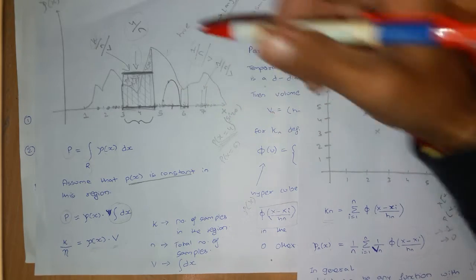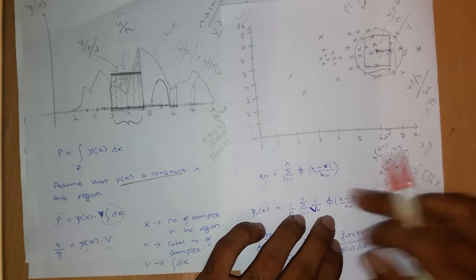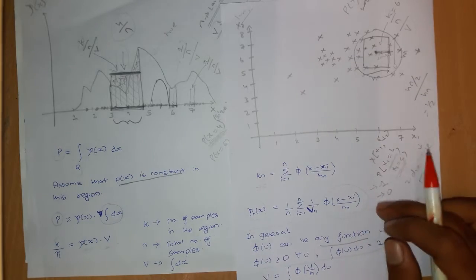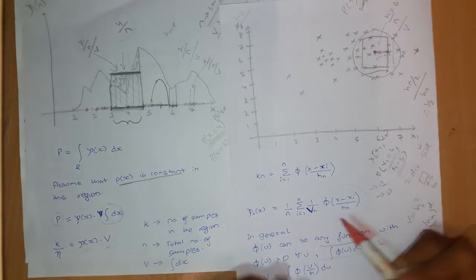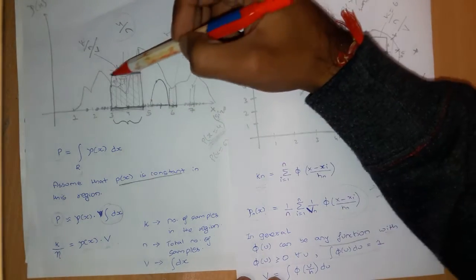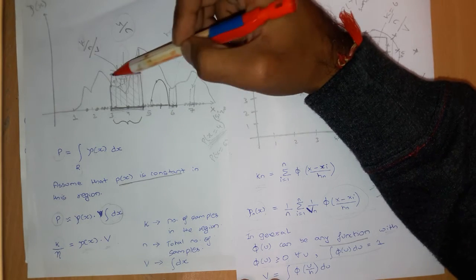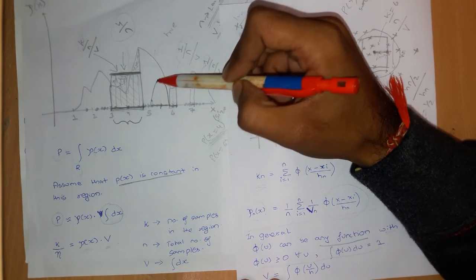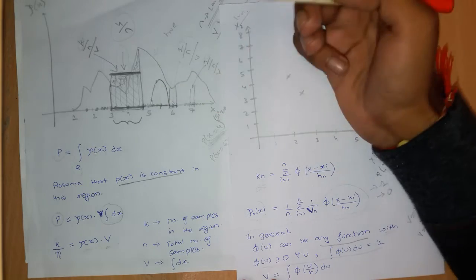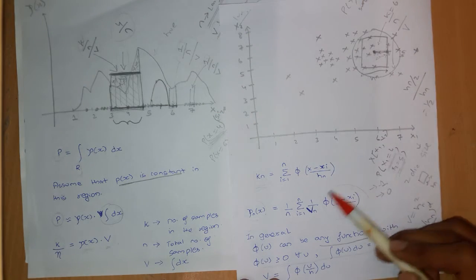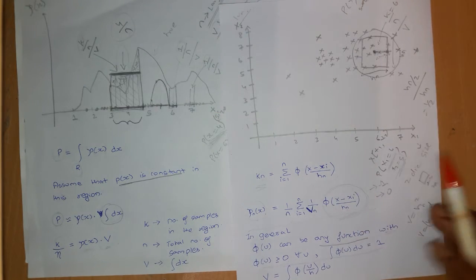So you can see that this itself is a sort of probability density, and you need not have a constant kind of density. You can have a Gaussian kind of density. You can have any density over here. This can be any probability density that we know,